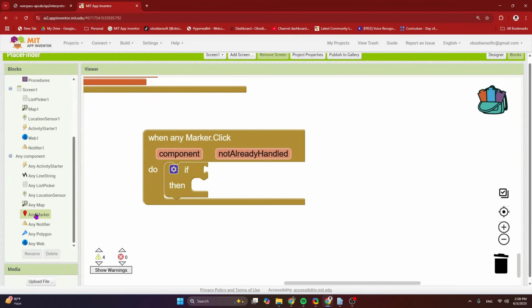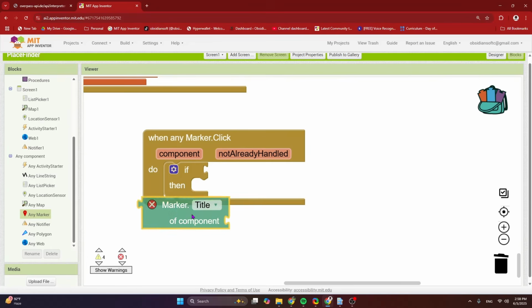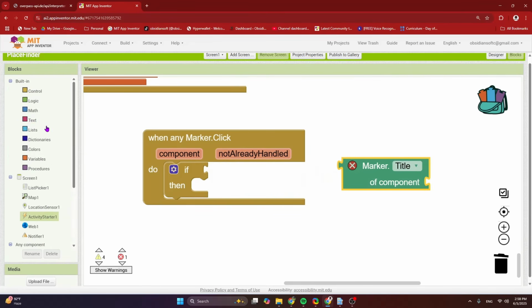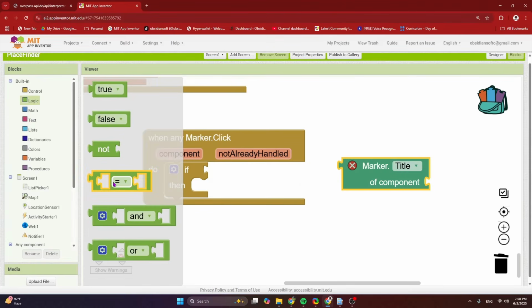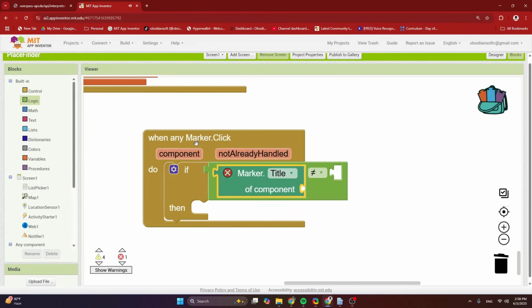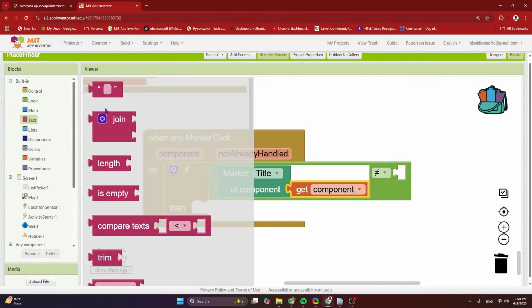So again from any marker, get this title block. I need to first get the logic equal to block, make it not equal to, and then plug this in, and the component is the marker that has been clicked, and we have to check that its title is not equal to home.